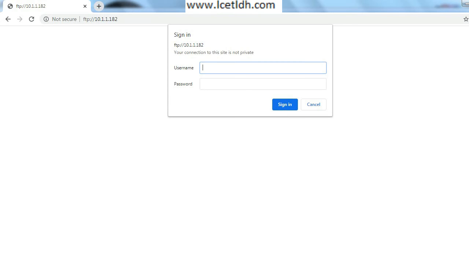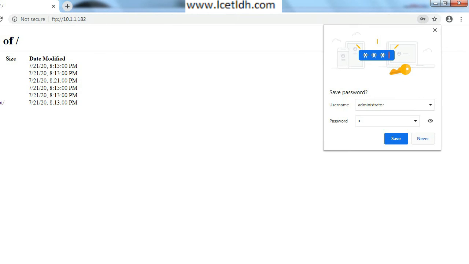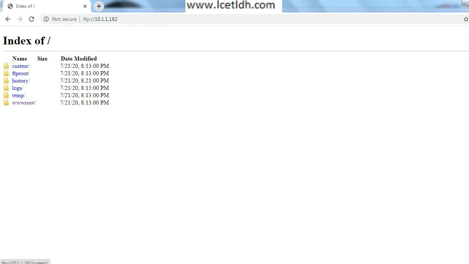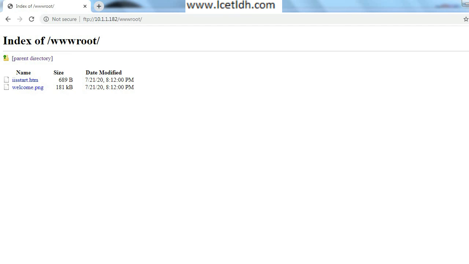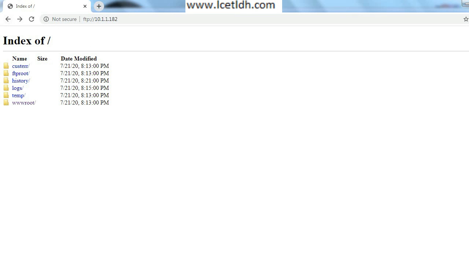I'll simply press enter. You can see now it is asking me the username and password. Here I have to mention the username of my particular system and the password that I have given to it, and I'll simply click on to sign in. As I'll sign in, you can see the folders that are being in the particular inet folder all are being shown here to me. But one more thing, I am not able to add something to this particular folder. I can only download it, or I can only read these folders.